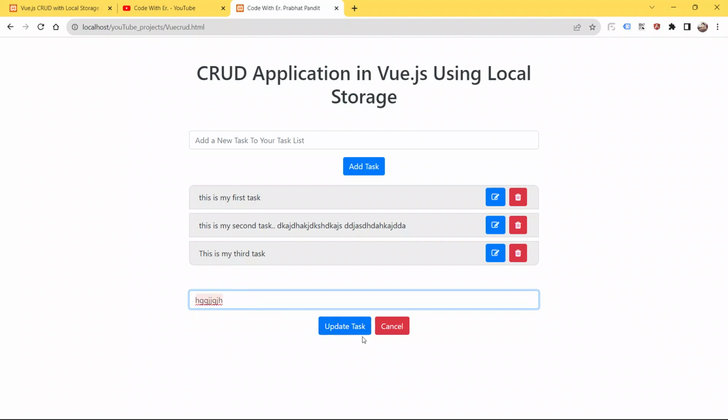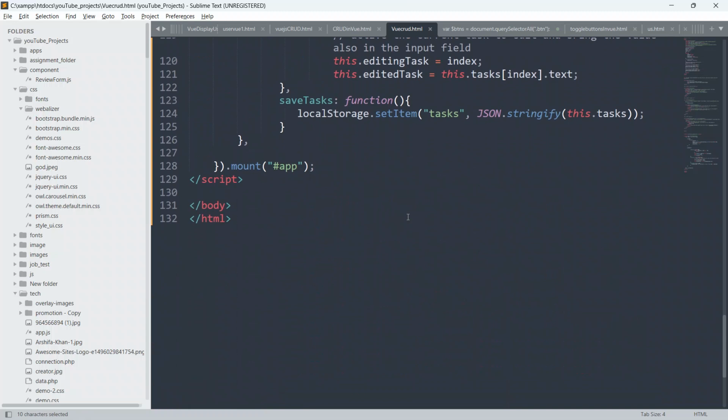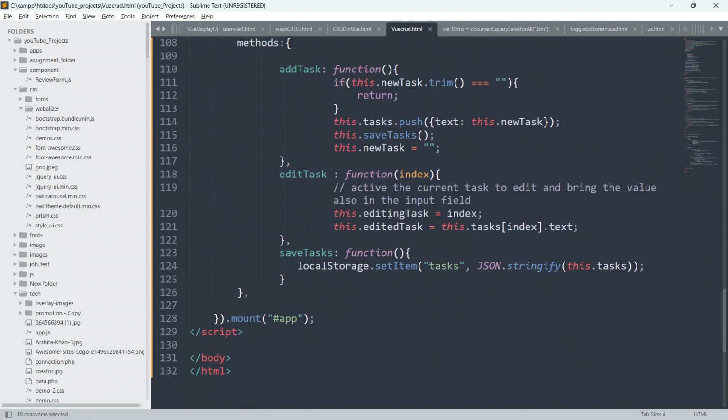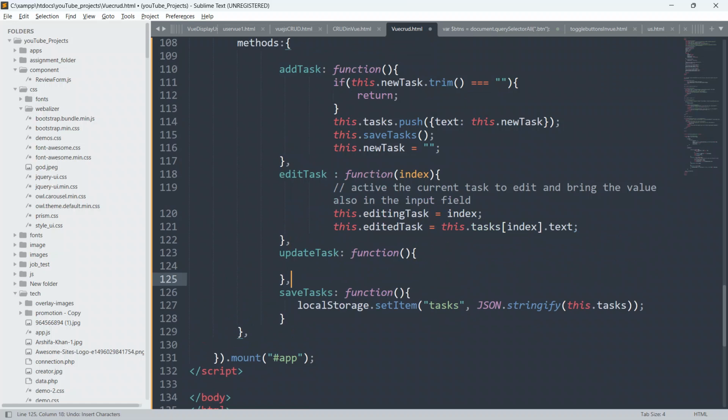Okay, so now we have to define that also. So just go here and copy this updateTask method from here, and then we have to define the method cancelTask also. So now just go to the code again. We will paste here updateTask, give colon function, and open and close curly braces and put a comma.